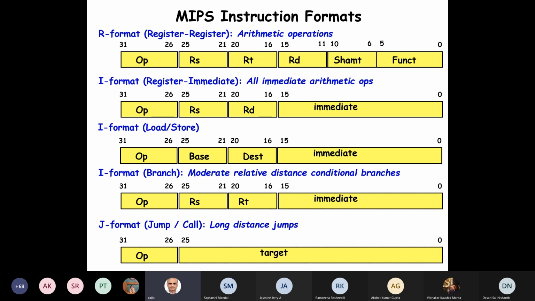And also think about what is the largest range to which the long jump will work. But you might have a question: what if we write a large program, tens of thousands of assembly instructions? How will the branch work there?